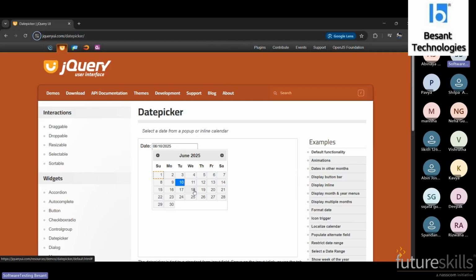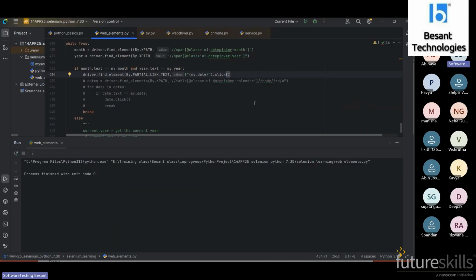I have seen some table date calendars in that way. I hope in that scenario it may work. I'm not saying it doesn't work. It may work, but we need to work on it to tell the driver to click the unique value. This is also working well, but I'm not sure whether it will work in all cases or not.